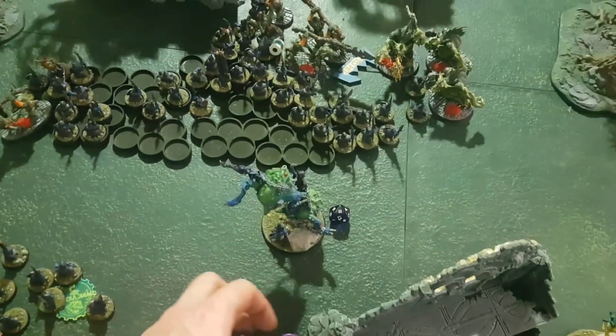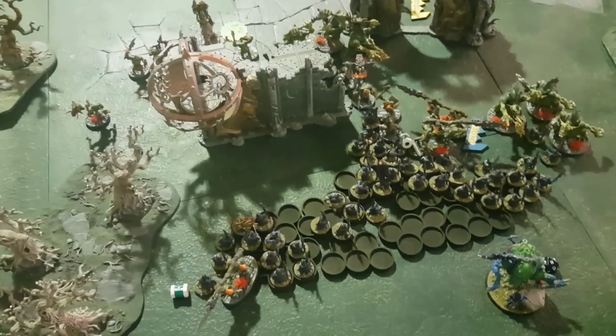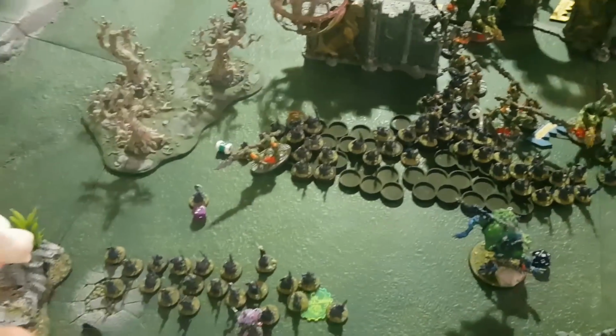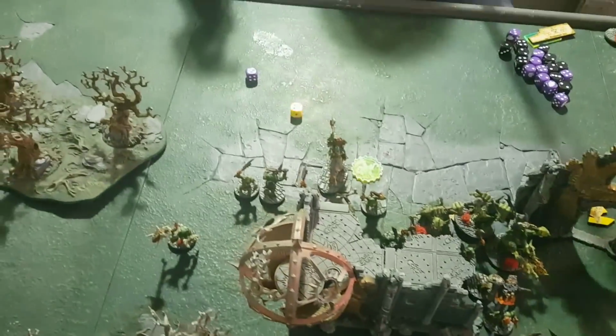He's going to cast Mystic Shield on them. Reroll. That's an 8. No? Okay. And now... I've got this guy in range now. Yeah, he'll have a go at dispelling it. Yep. Yeah, stops it. Oh well. And now,